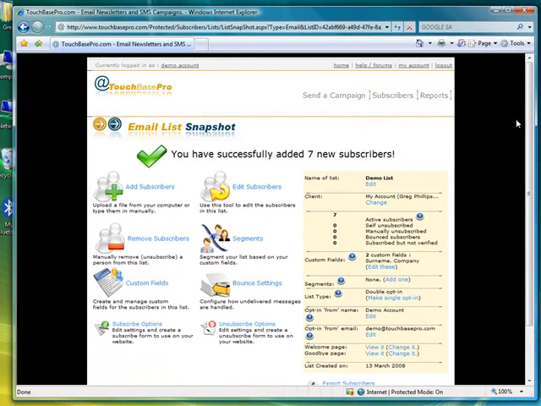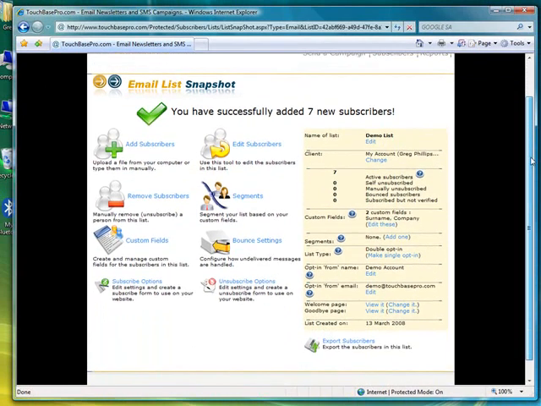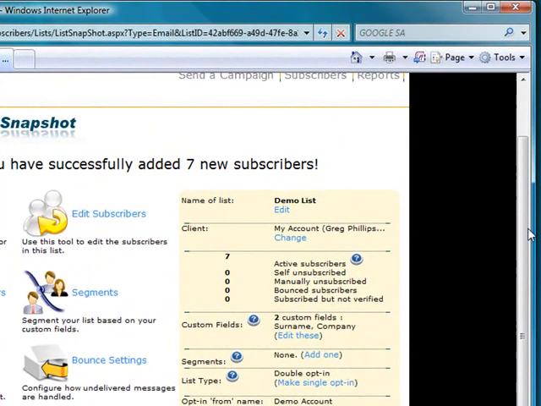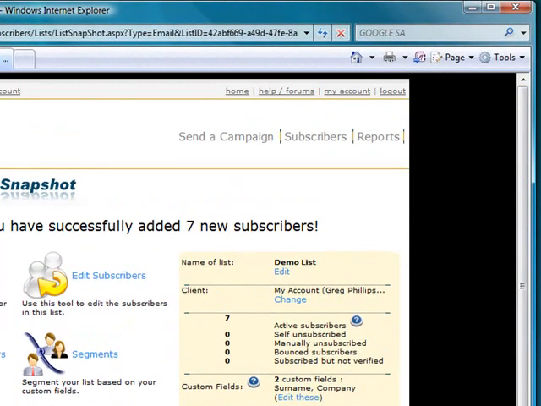It's uploaded. All 7 new subscribers have been uploaded, and what we're looking at here is the area of the website that you can manage your subscribers through. Okay, so that's how easy you can upload your subscribers, and then to go and have a look at them, we're just going to click on edit subscribers,